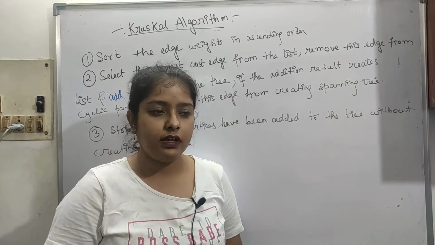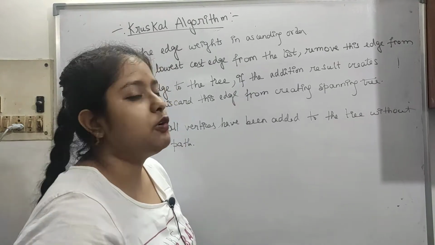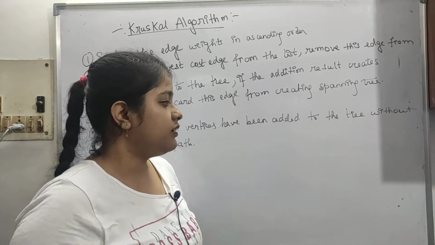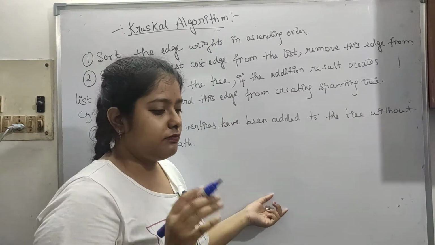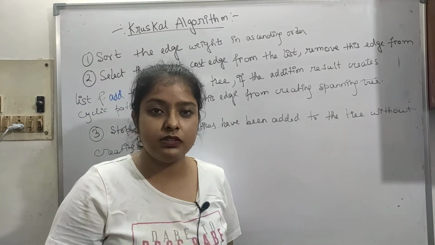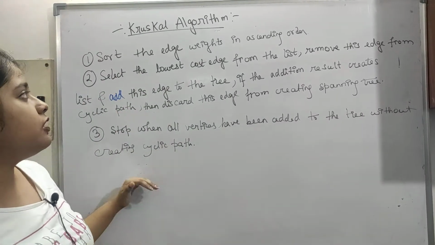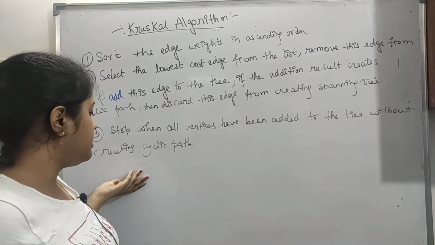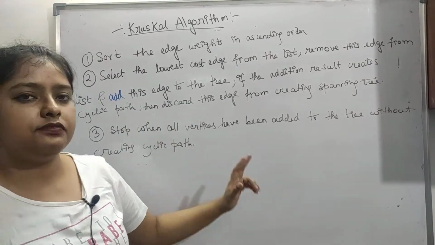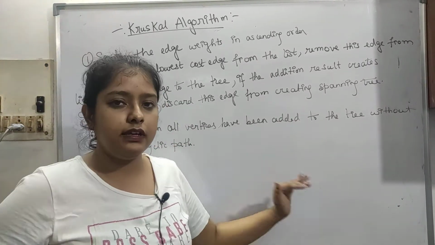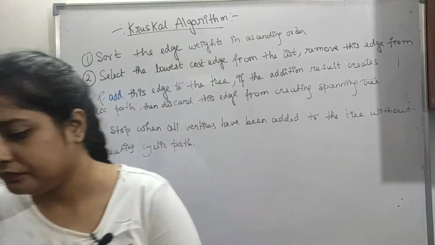Questions are asked, so there is one type of question which is very commonly asked that I will do. Like how many types of Kruskal, like 2 into 2, I don't remember the exact question, but these questions are asked. I will do them in the PYQ section, but for now let's see how the Kruskal algorithm is working. Let's take the previous example and check how this is different from Prim's, and we will still get the same answer. So now let's go to the example.